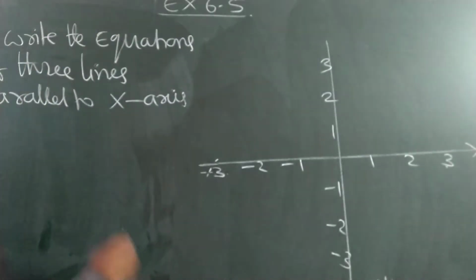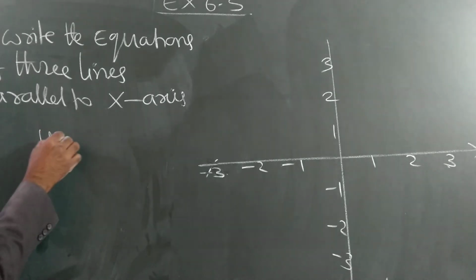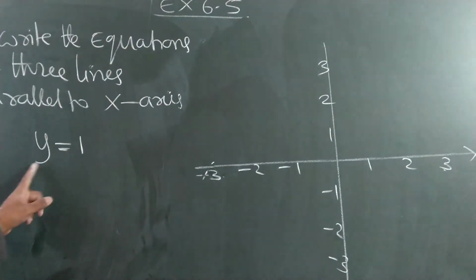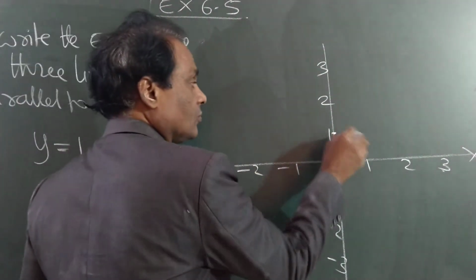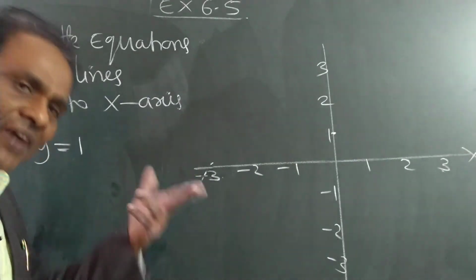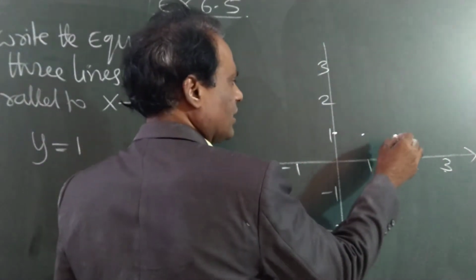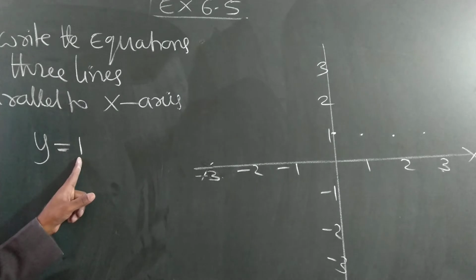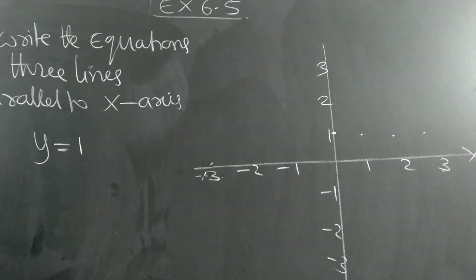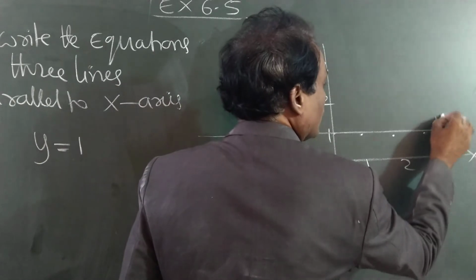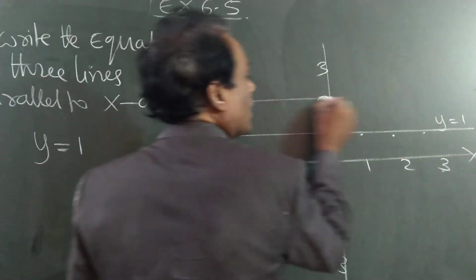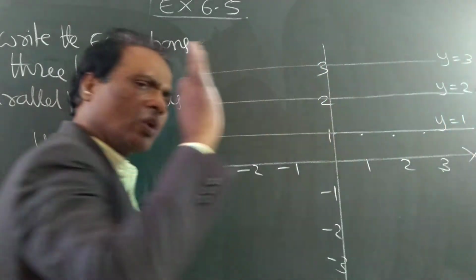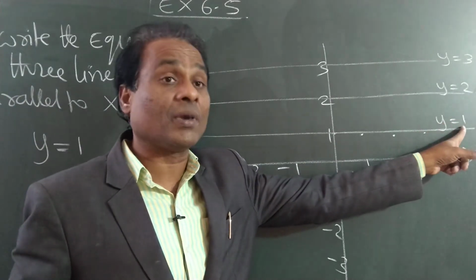See, suppose y is equal to 1 line, you have to draw y is equal to 1. What is the y value? 1. Y value 1 everywhere. So y is equal to any number. Yesterday also I explained, y is equal to any constant will be parallel to x-axis. This is y is equal to 1. Suppose you are asked to draw y is equal to 2, this is y is equal to 2, y is equal to 3. So y is equal to any constant, any real number, the line will be parallel